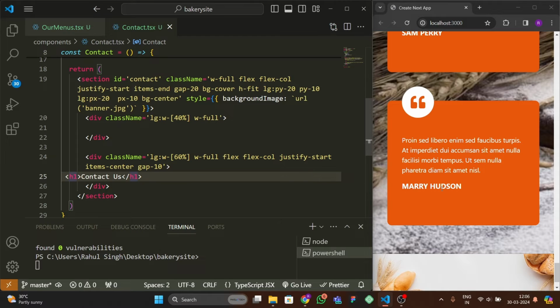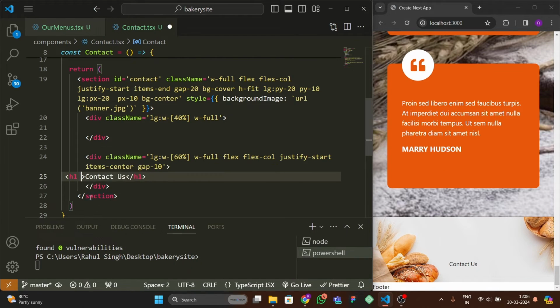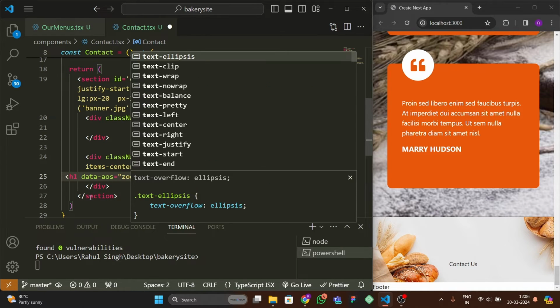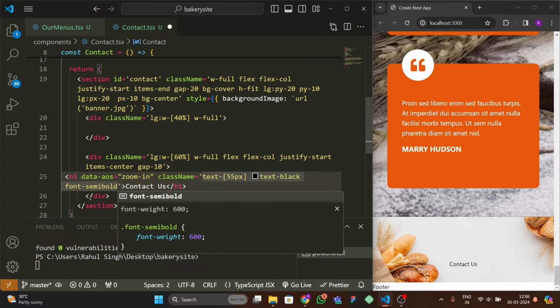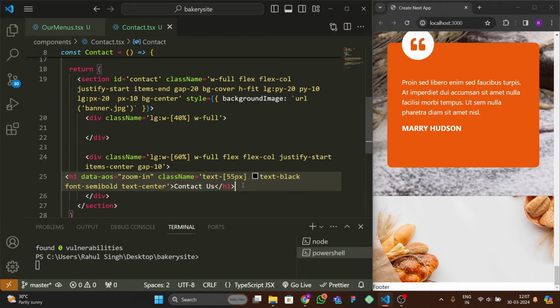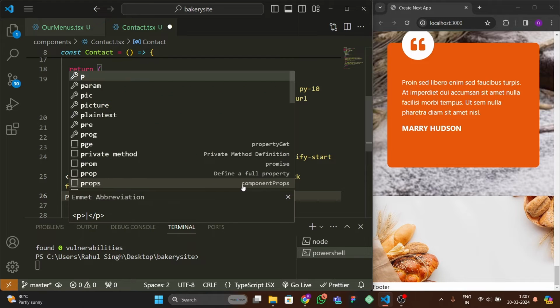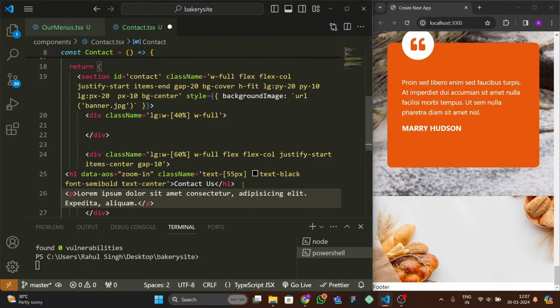Let's see, here we have the contact us, and let's give here data AOS, and in the data AOS we're gonna give the zoom in animation, and for the classes we're gonna give text 55 pixel, and text black, font semi-bold, text center. Okay, so now after the h1 we're gonna give a p tag here and lorem 10 like this,